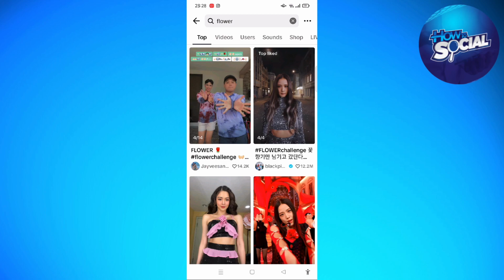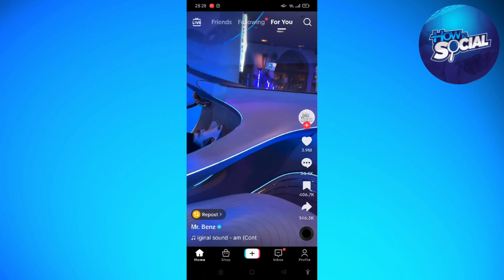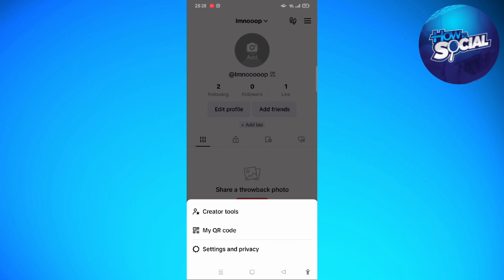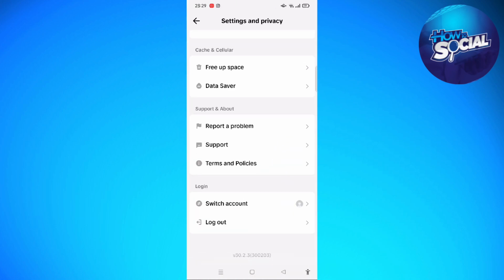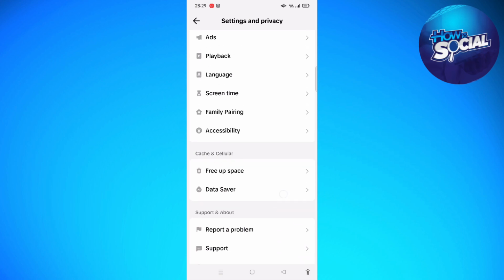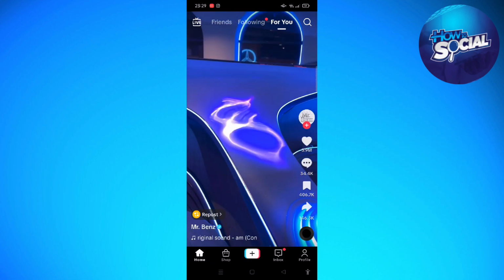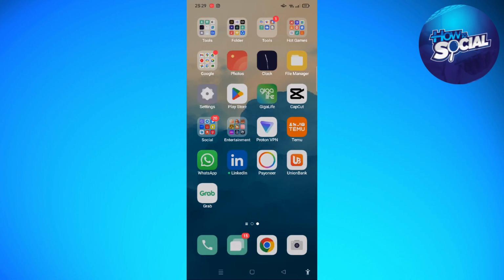keyword on your search bar, what you can do is go to your profile right here, tap onto your profile, and then tap onto the three horizontal lines on the upper right part of the screen, and then go to your settings and privacy. Just scroll down, and what we are going to do right here is log out of your account, and then after logging out, you'll need to log right back in and see if that fixes the problem. But if it didn't, what you'll need to do is go to your settings, and in your settings